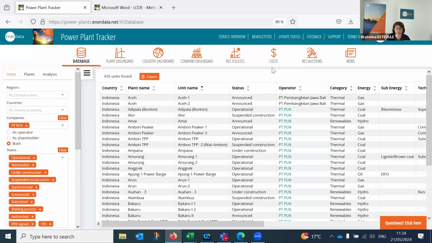For example, the CapEx information covers even more countries, 154 countries. The renewable auctions cover around 60 countries. But once again, all this list is continuously growing. And if you don't find the country of your interest in any particular module, please let us know, and we'll do our best to add it. Yeah, so basically it's fair to say that all main utility scale plants and projects are being covered.